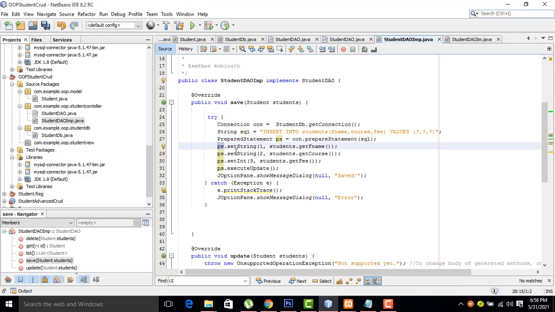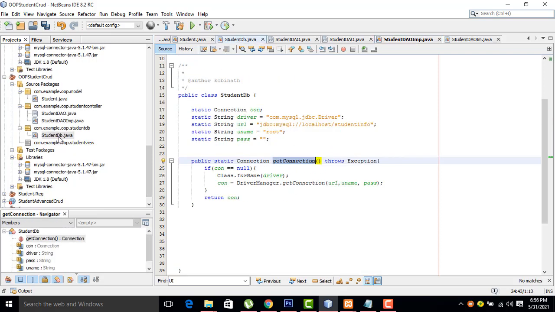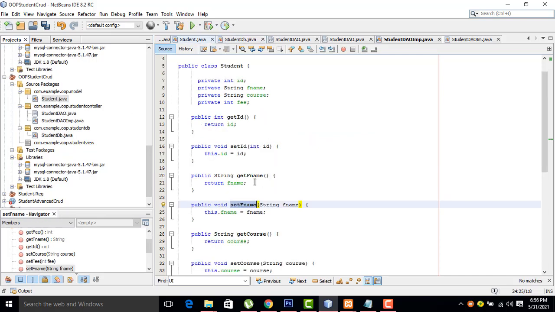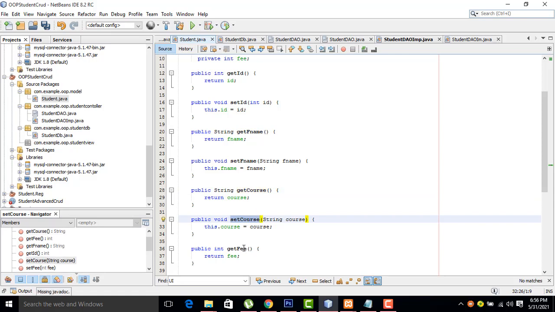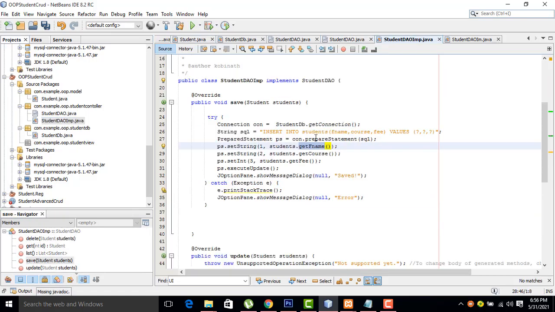prepare statement object, set string 1, students dot get name. We have to get the name from the student: get name, get f name, get course, get set name, get fee. We have all these names we are getting here, okay, right? So before that,